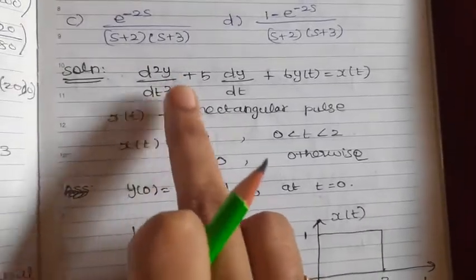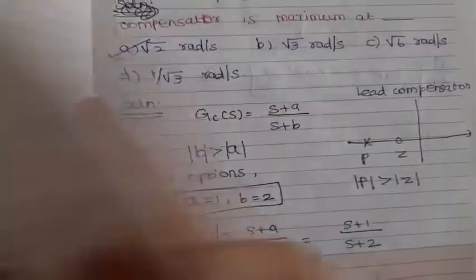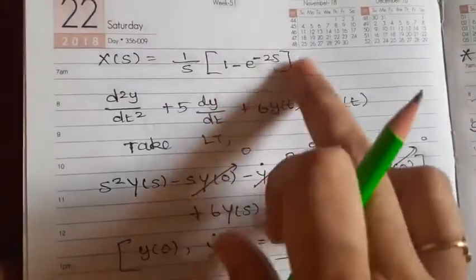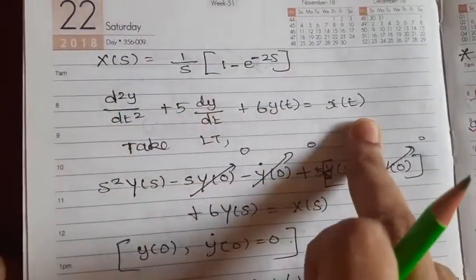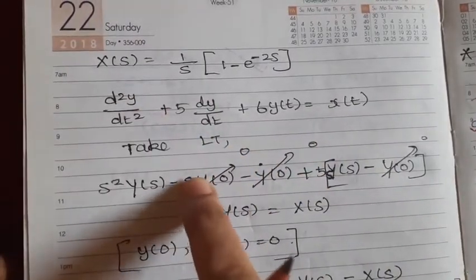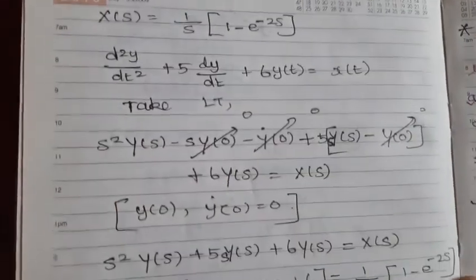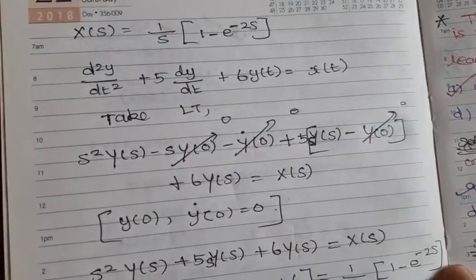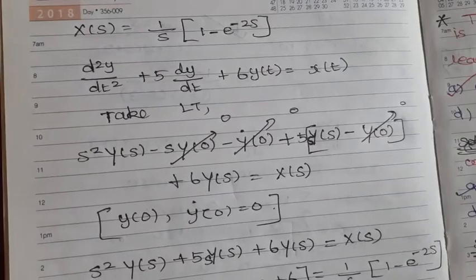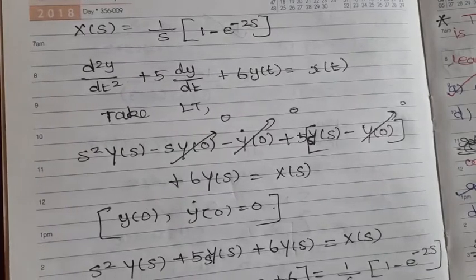Then for this differential equation we are going to take the Laplace transform. So in that x of s, take 1 by s common, 1 minus e power minus 2s into 1 by s. So this is the differential equation given. Take the Laplace transform, s squared into y of s minus s into, so we have solved many problems in Laplace transform and its properties. If you haven't seen those videos, kindly check the playlist under engineering mathematics, where we solved from the basics and solved all problems related to the properties.